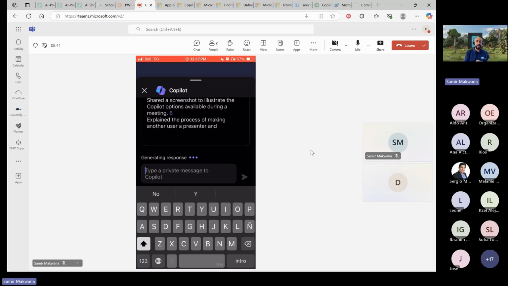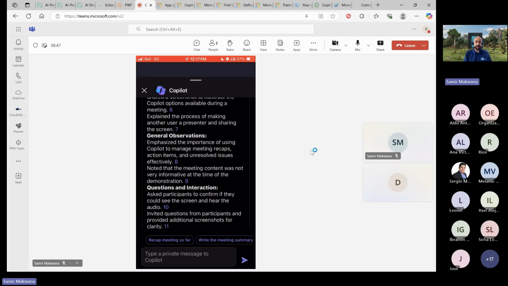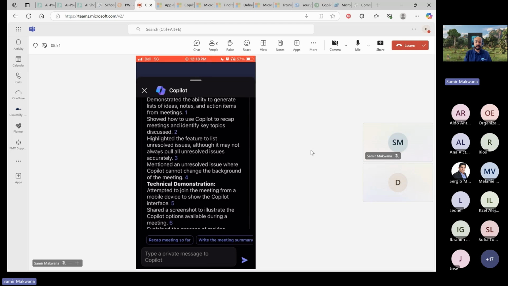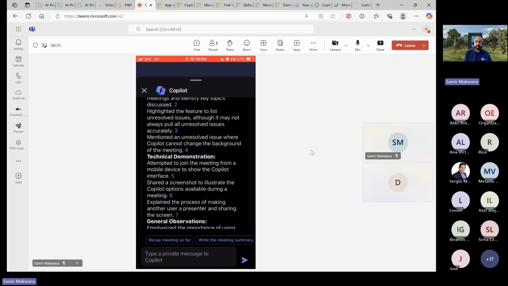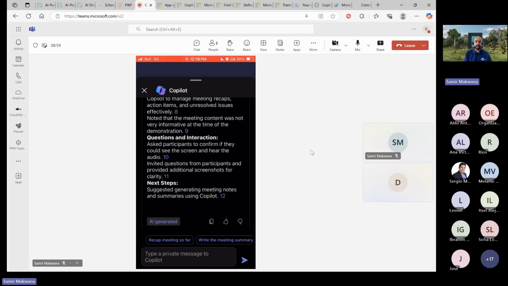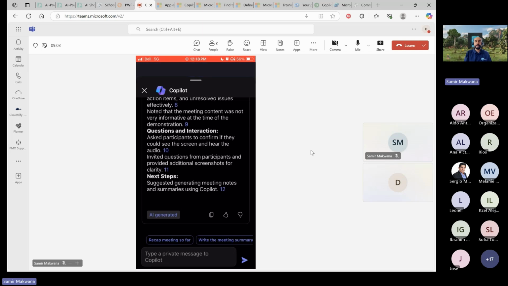So as you can see right now, it has summarized so many points so far, starting with how to use Copilot to recap meetings, highlighted features, list of unresolved issues, technical demonstration, general observations, questions and interaction, and next steps, right?